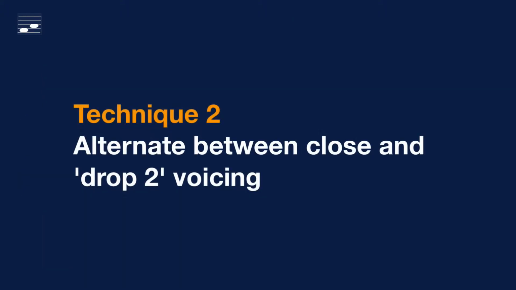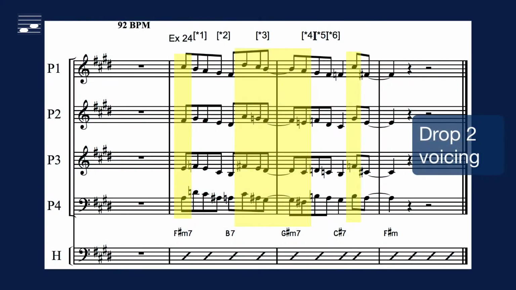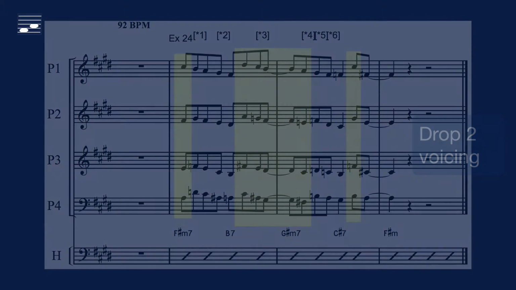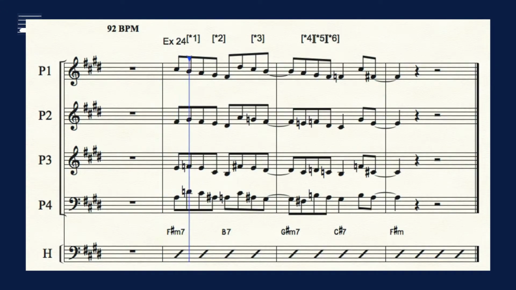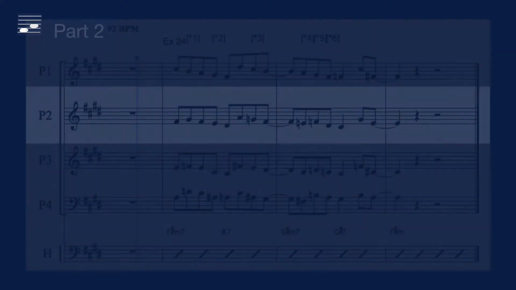In this score I've marked the changes from drop-2, shown in yellow, to close position voicing and the back. The 4-part sectional harmony setting now is. The individual and combined outer parts are